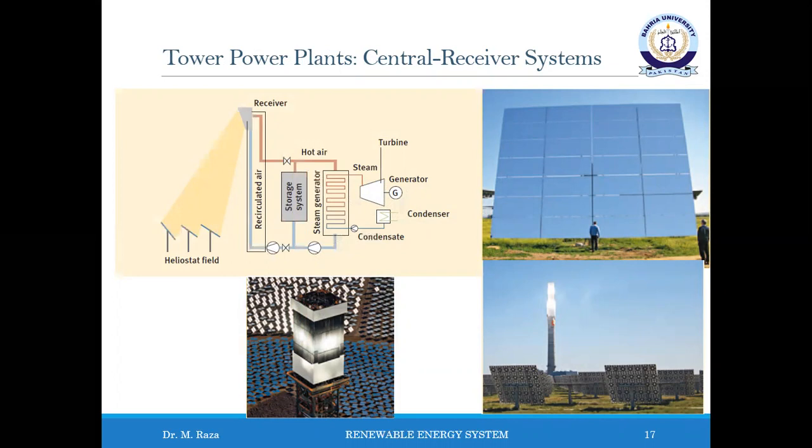In solar tower power plants, numerous dual-axis tracking concentrator mirrors, the heliostats, reflect sunlight onto the top of a tower. This is where a central receiver is located that absorbs the concentrated solar radiation and converts it into high temperature heat. The heat transfer medium removes the heat and transfers it directly to the power plant process or to a storage system. In solar tower systems, the radiation is concentrated by 500 to 1000 times, which enables receiver temperatures of up to 1200 degrees centigrade to be achieved.